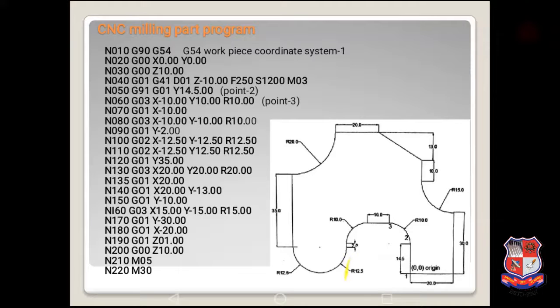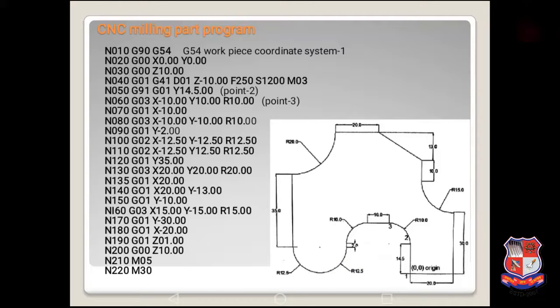If we want to write a single block and want to use the circular interpolation in clockwise direction, we can use the G02 command, and because we use incremental mode command, we have to write the value of Y as 0 because the tool is moved in the same point in Y direction, and the value of X is 12.5 plus 12.5, that is 25 in X direction with the radius of R 12.5.